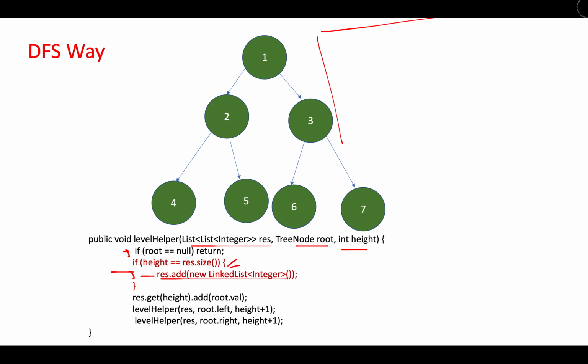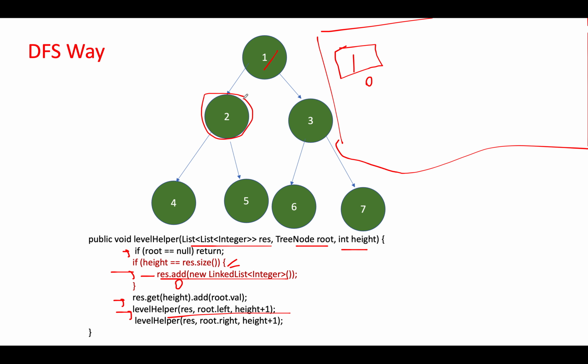Let's assume this is the complete level order traversal array list, and we'll create a new entry in our array list at the 0th index. Let's get the element result.get(height) at the 0th index, which is this element, and add 1 to it. So 1 gets added, and let's continue the iteration on its left child followed by the right one. Let's pass root.left into our recursion stack, and the value of height would be 0 plus 1, which is 1. So the value of height is 1, and let me write 1 here as well. I'll tell you why I am doing this.